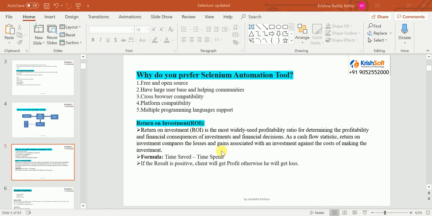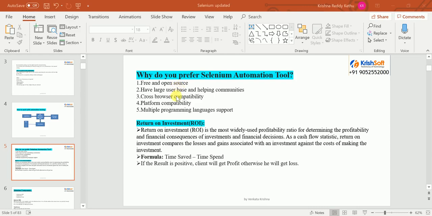Coming to the next one, why do you prefer the Selenium automation tool? So many tools are there in the market. Why do we prefer only Selenium? Because first one, Selenium is free and open source. You no need to buy, companies no need to buy the license. Freely they can download and they can use it.